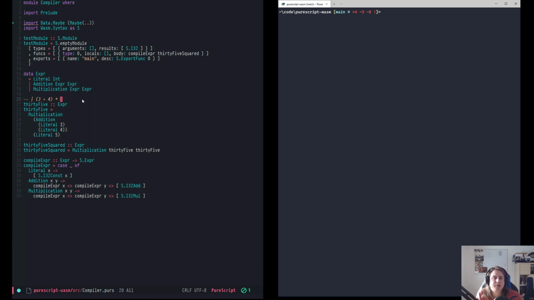Actually, functions might be more complicated. So let's try to compile expressions that allow binding things to variables first. I'm going to call these complex expressions. A complex expression has a bunch of bindings